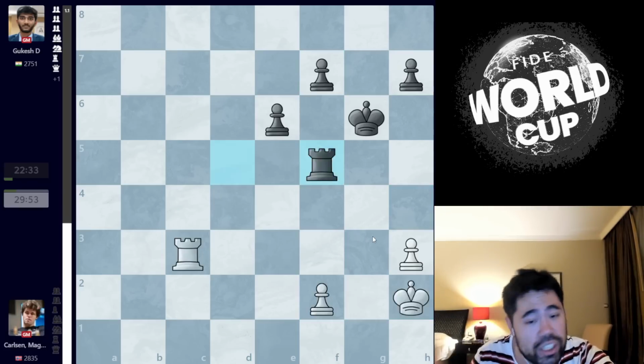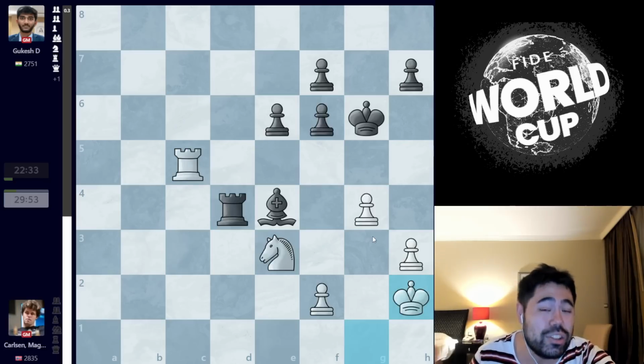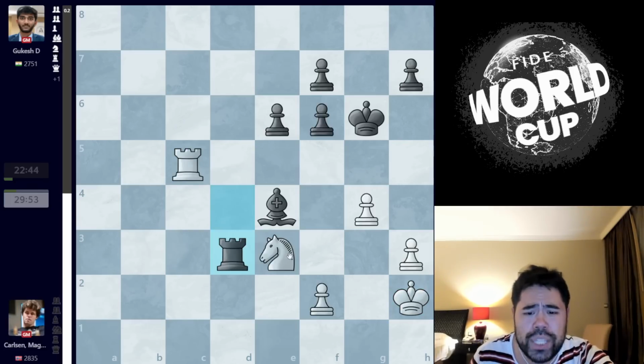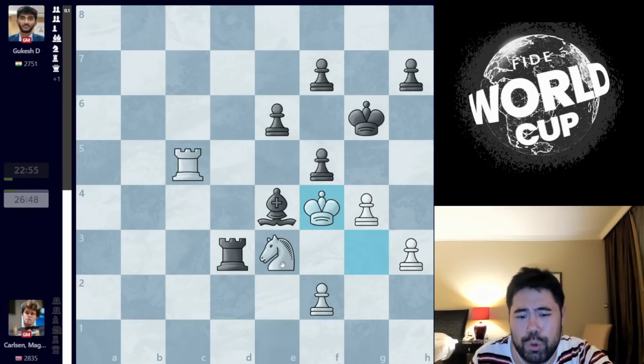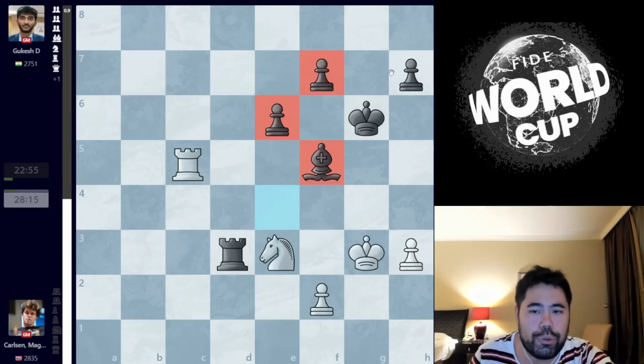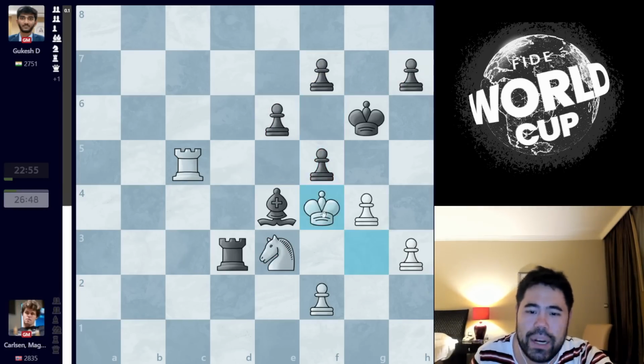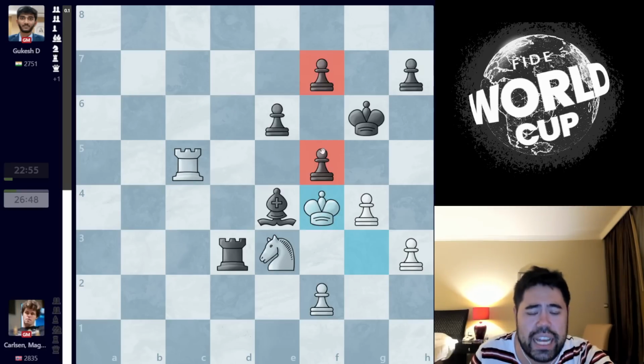So Gukesh has all these thoughts in his mind about the endgame, and he doesn't want to trade off. So we get rook d3, king g3, f5 played here, and now Magnus plays king f4, not even letting Gukesh get the 3 versus 2 with the bishop versus the knight. But after king f4, the game is effectively a draw now because you can't ever unstack these pawns.